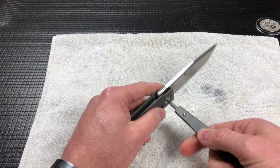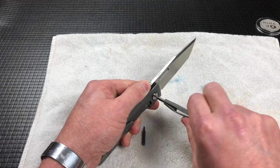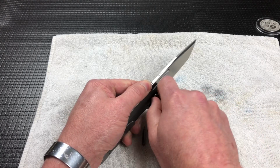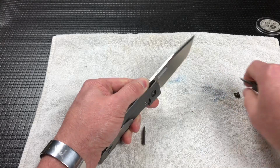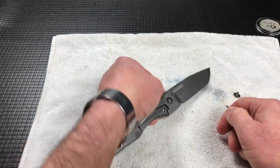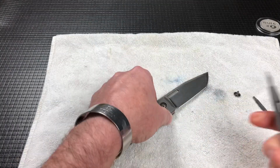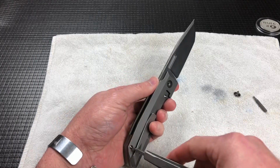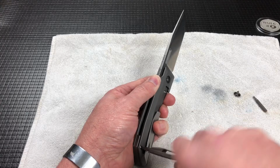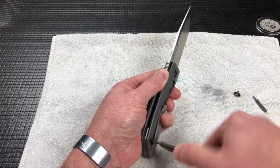I also wanted to comment that in yesterday's video about this knife, the owner's name is Joseph Vero. He goes by Joseph, and I mentioned Joe in the video. So in talking to him today, he reminded me that it was Joseph. So sorry about that, Joseph. My mistake. So let's get this thing broken apart and